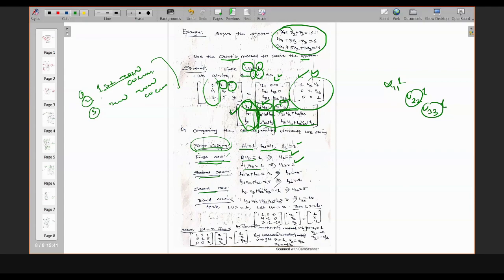Next, second column. In the second column, what elements did you already compare? This element is already compared with the corresponding element. Now you compare these two remaining elements with the corresponding elements. You see this element is compared with 3 that I had written here, and from this we get L22 equals minus 5. Next, the last element of this second column is L31 U12 plus L32, and the corresponding element is 5. So this equals 5. Then you get L32 equals 2.